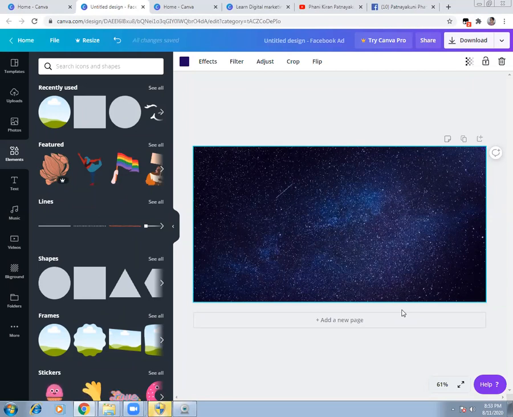And if you don't want to do that, you are satisfied with, trust me guys, the free tools are more than enough in Canva. It gives you almost 8,000 free designs and templates. What else do you need? And whatever you want to design, everything is available here.